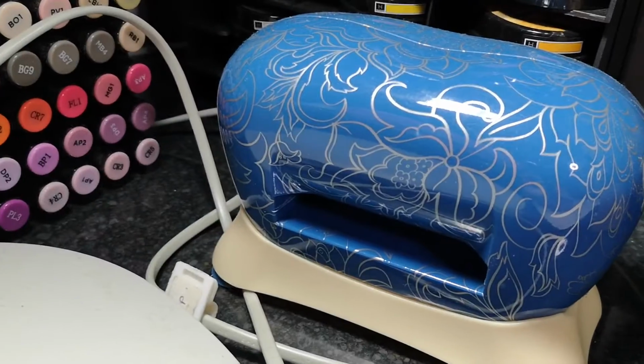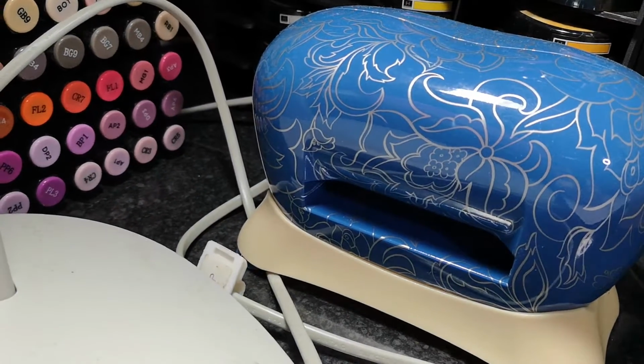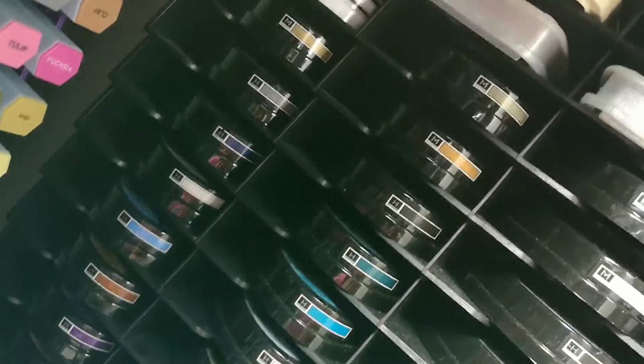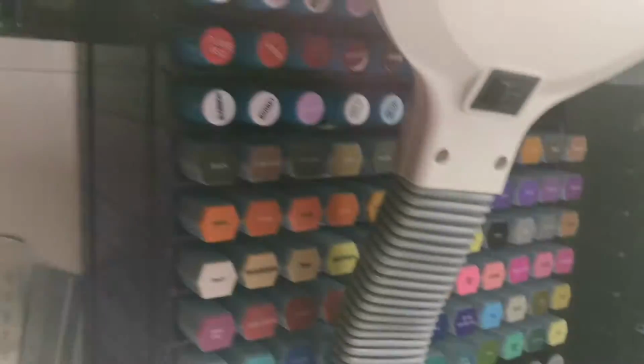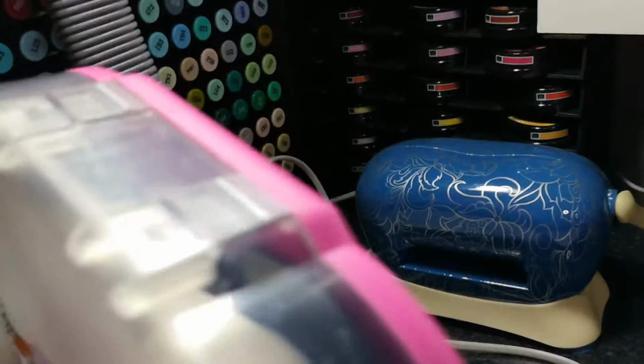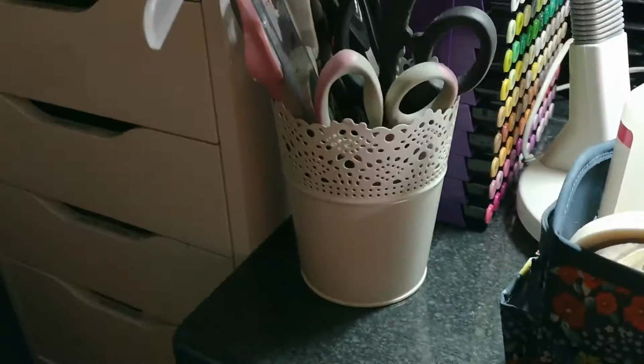Then there's my little baby blue for cutting just little tiny things out. More ink pads behind that, a full set of Spectrum ones. And then we've got the Spectrum pens and my desk lamp. My little basket with glue and things in that I keep on my desk, and one full of scissors and things like that. On the right hand side of the desk we have